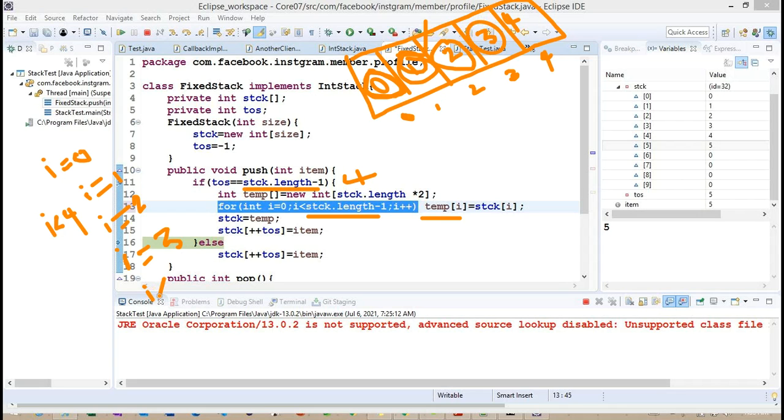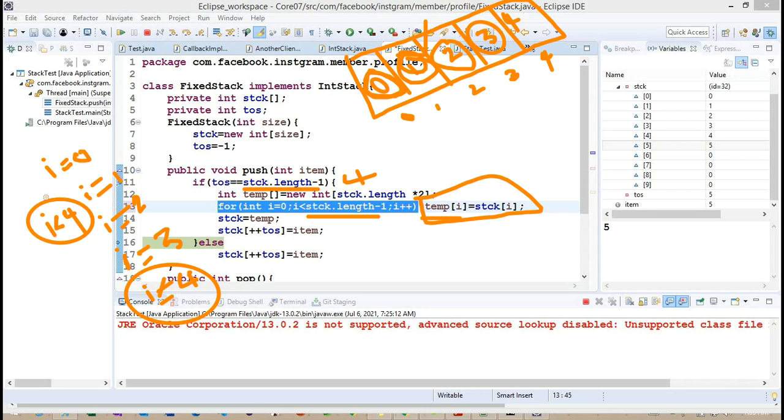And whenever this condition comes back to i equals 4, will it copy the value or not? Because now you can see the i value becomes 4 and the condition we have is also 4.